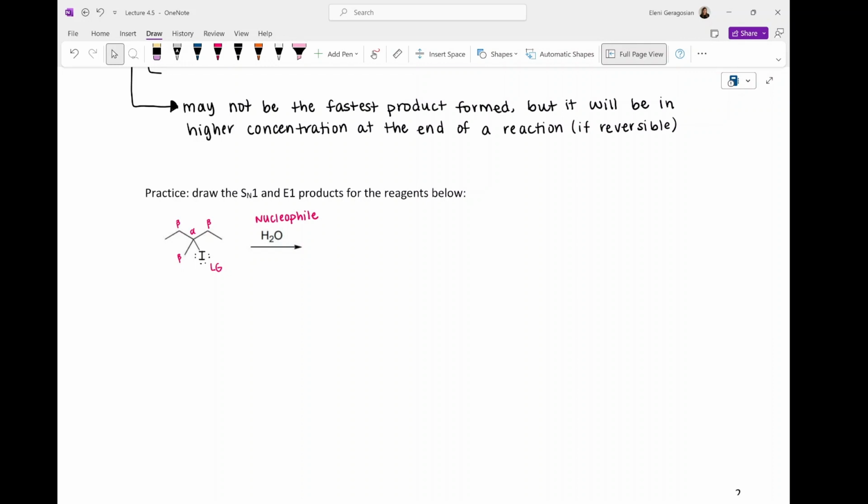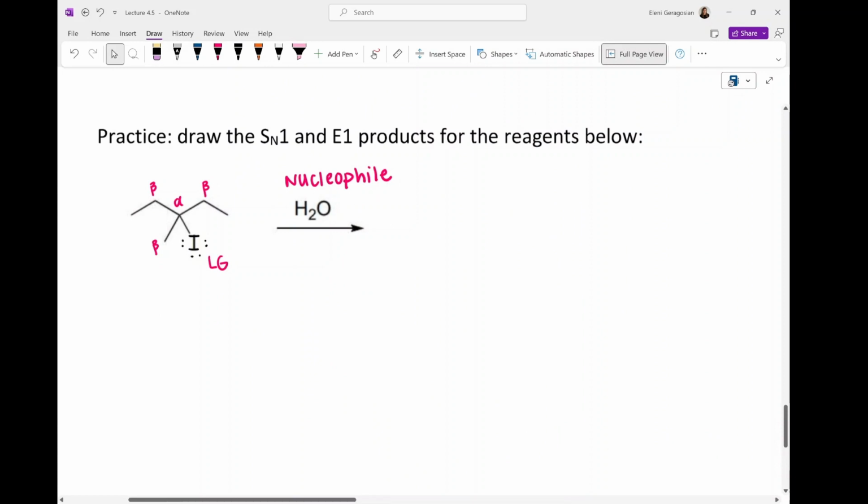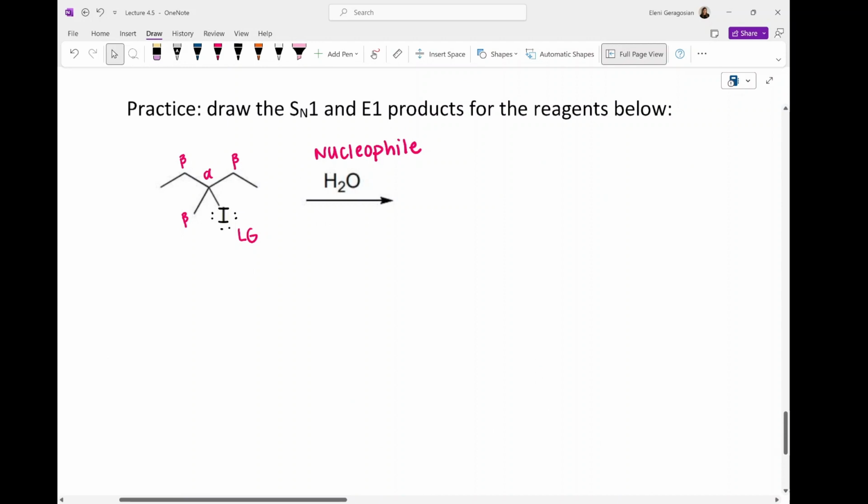So in class, we drew out where the alpha carbon is. That's where I have that lowercase a. That is the carbon bonded to the leaving group. That's the carbon where the reaction happens. Then we have 3 beta carbons that are bonded to the alpha carbon. Beta carbons are relevant for E1, just elimination reactions in general, not for substitution reactions. We don't need to worry about beta hydrogens for SN1, but here I'll actually just redraw the starting material